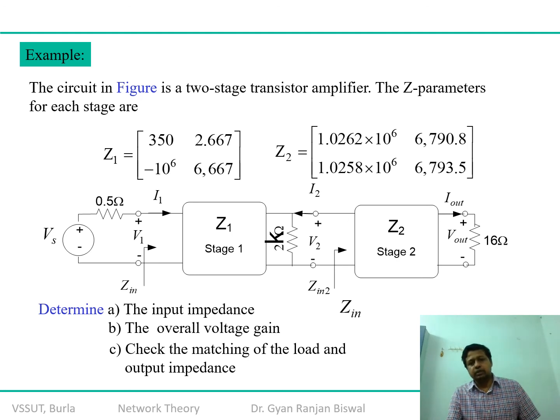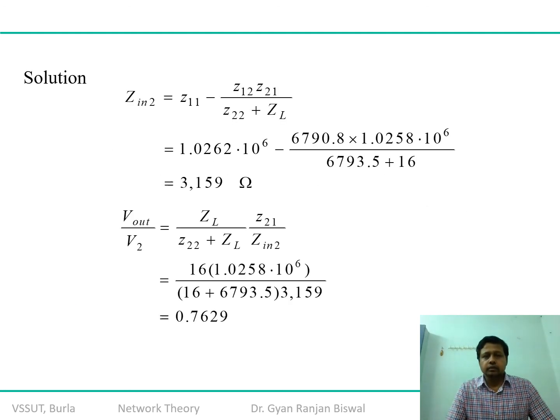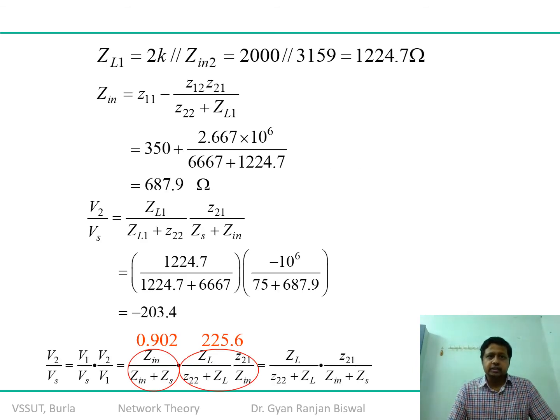You will be able to attempt the input impedance quickly, and therefore the voltage gain, as you can see here. So try to solve stage 2 first. That could be my approach. I'm assuming that this standard equation has already been understood, and therefore we are applying it directly, or otherwise you can reach this point. There are two ways. Then you substitute. You first calculate Vout by V2, and then you calculate V2 by Vs.